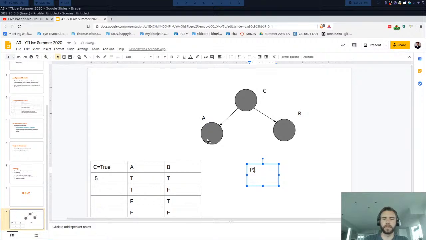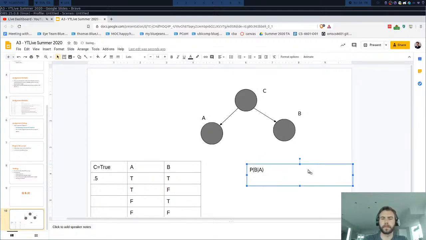So let's see here. What this is equivalent to is the probability of B and A divided by the probability of A. So this is equivalent to, I'm going to just give the summing over C notation of the probability of A, B, C divided by the probability of